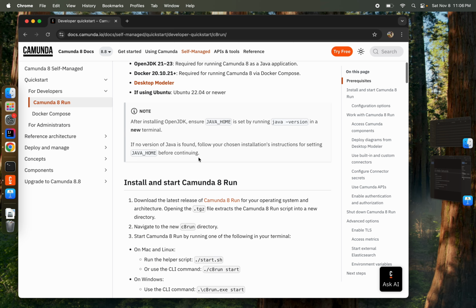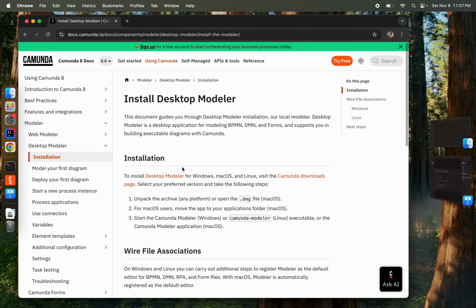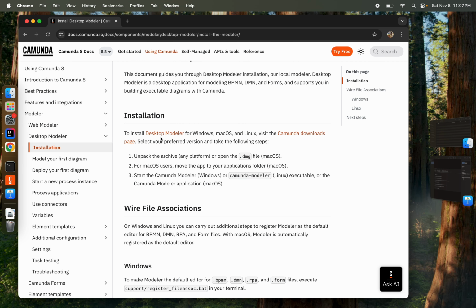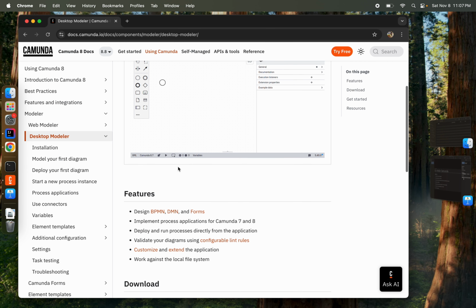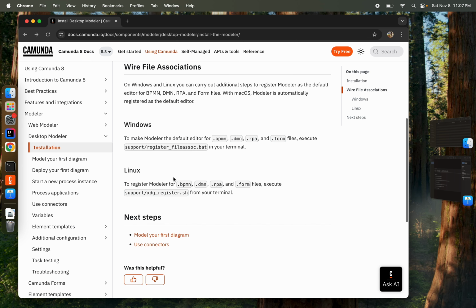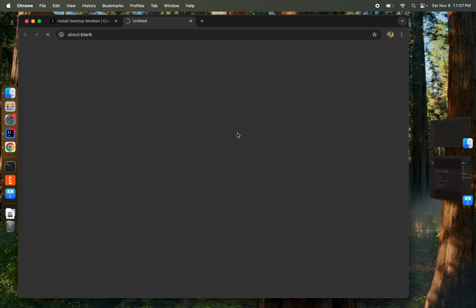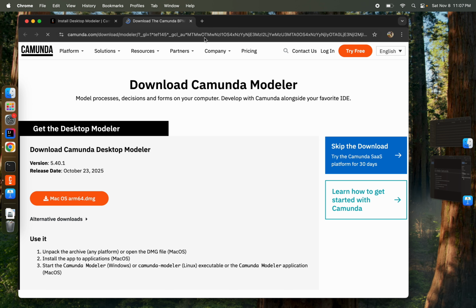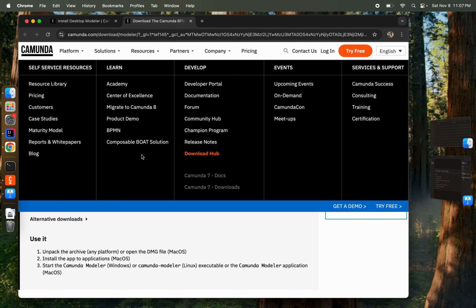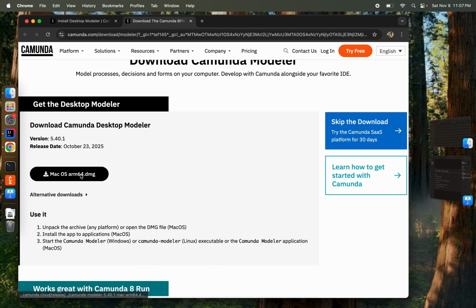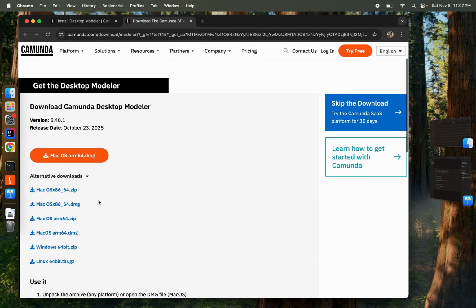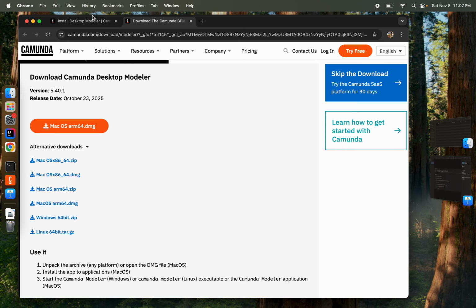Click on desktop Modeler. Sorry, where is the download page? Okay, this one. You can download this, or you can download as per your operating system. Once you download and install this,